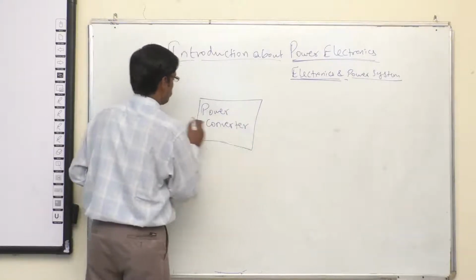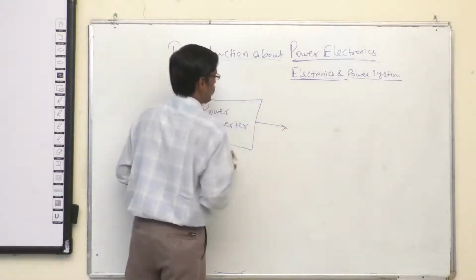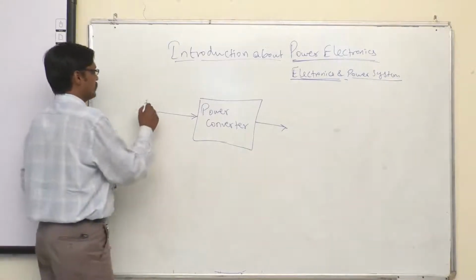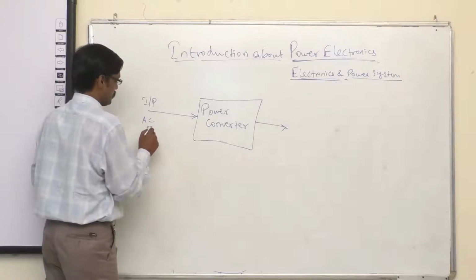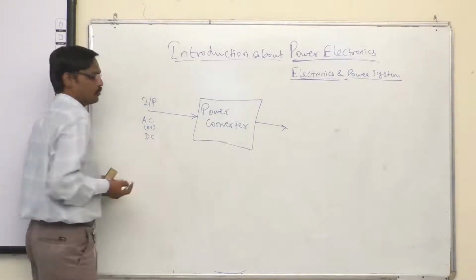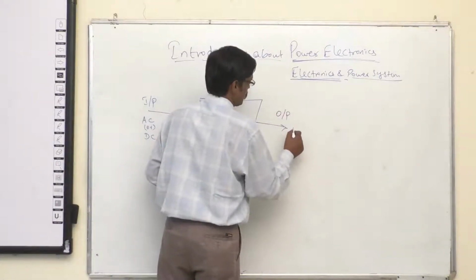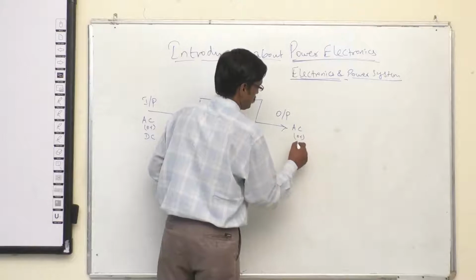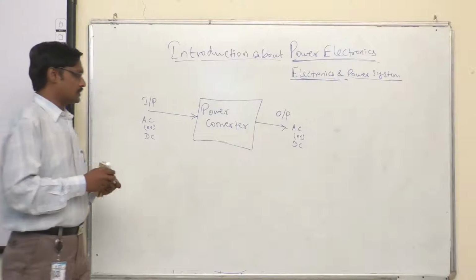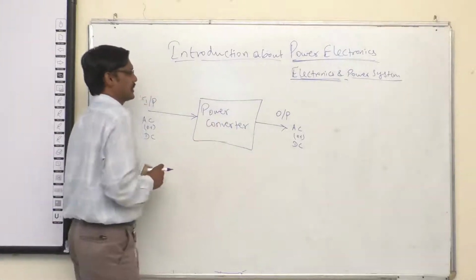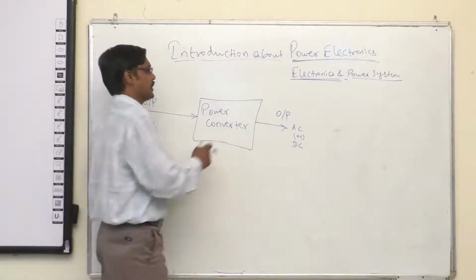In power electronics, we have a power converter which has some input and some output. The input may be either AC or DC, fixed or variable. Similarly, the output may be AC or DC, again fixed or variable. Then what is the function of this power converter? Consider it as a magic box. It is nothing but a power electronics